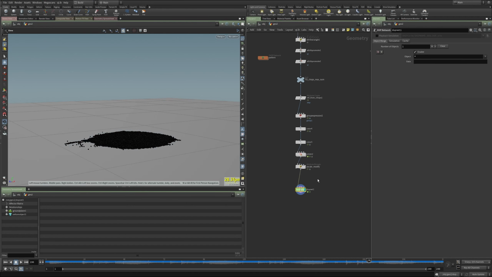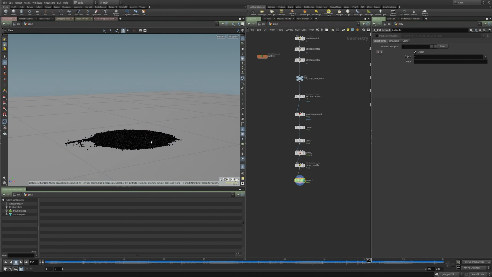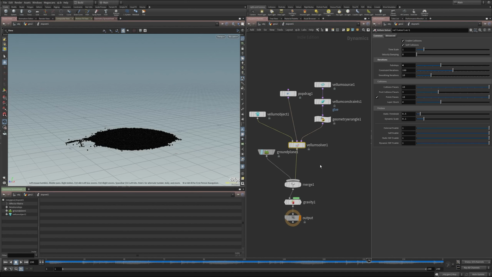So I'm going to leave that sim as it is, and the last thing I want to show is how to deal with the color in a little bit nicer way. Our DOPNet, as you more than likely know, will attempt to bring in every object that you have, and since I have a ground plane in here, it's bringing that back into SOPs.